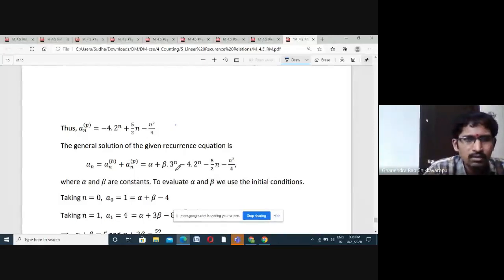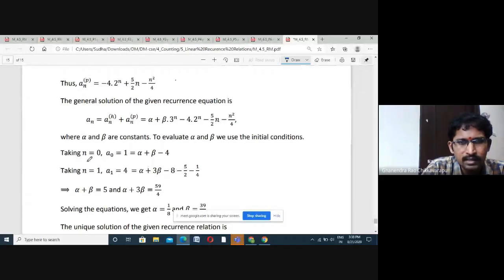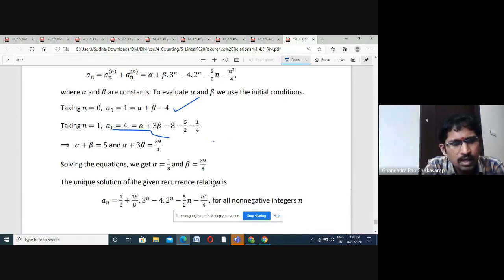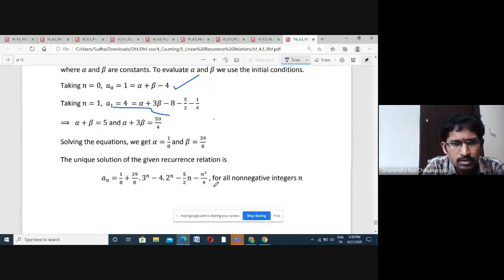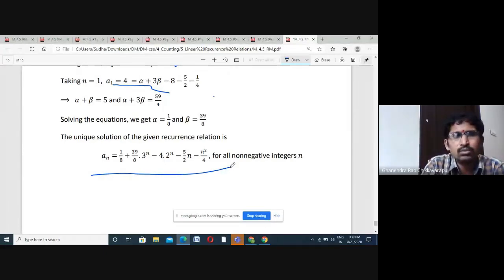At the end, because the initial values are given, a_0 is equal to 1, in place of n you replace 0, so that you will get the equation alpha plus beta minus 4 is equal to 1. And because a_1 is equal to 4, in place of n you write 1, so that you get another equation. Solving these two equations, you will get the values of alpha and beta, and you replace them in the general solution. You will get a_n. This is the solution of the given non-homogeneous recurrence relation. This is the unique